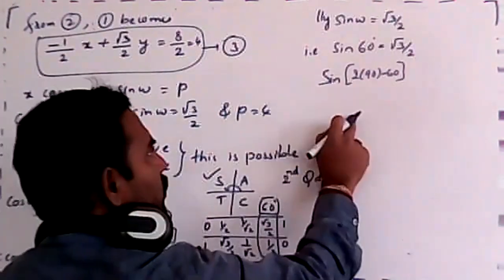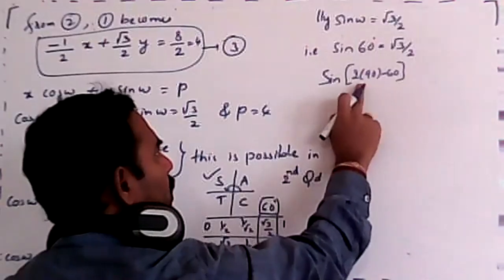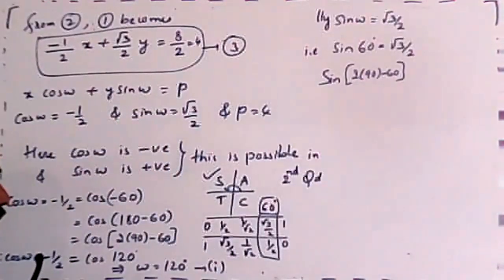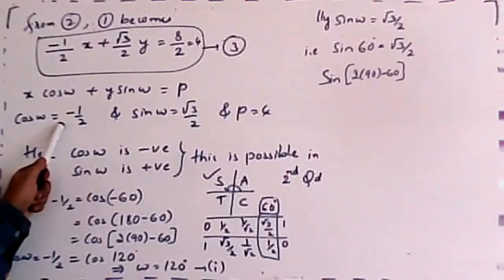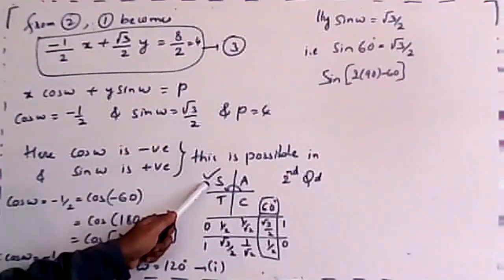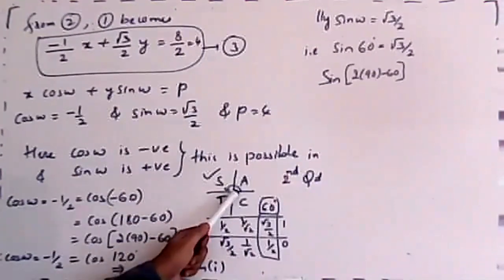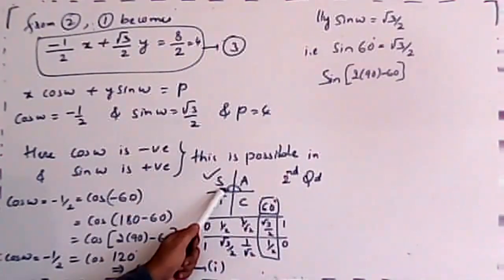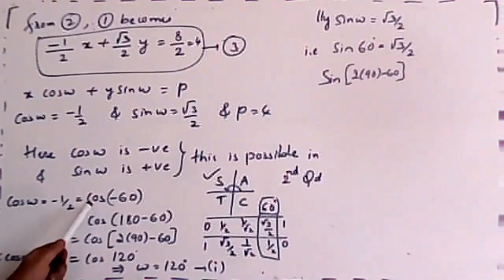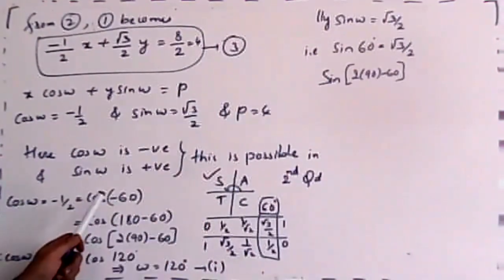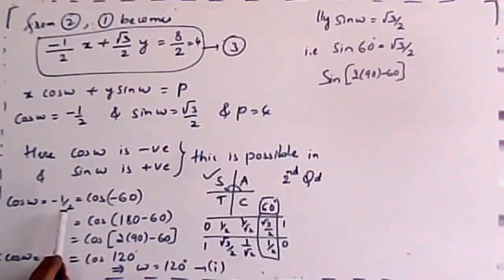So that method I'm using is nothing but allied angles, n times of 90 plus or minus theta. See just how I verified it. Where it is possible that cos is negative and sine is positive, I verified it is possible only in the second quadrant. In second quadrant, it is up to here 180. That angle is known to us. How much is it? 60 degrees. So I'll write 180 minus 60. So cos 180 minus 60 is nothing but cos 60 only. It's again cos theta.